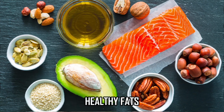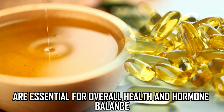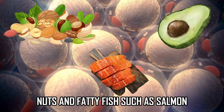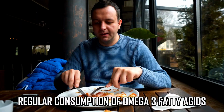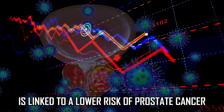Healthy fats. Healthy fats, like monounsaturated and polyunsaturated fats, are essential for overall health and hormone balance. Choosing healthy fat sources like avocados, nuts, and fatty fish such as salmon can provide necessary nutrients and reduce the risks associated with unhealthy fats. Regular consumption of omega-3 fatty acids from oily fish is linked to a lower risk of prostate cancer due to